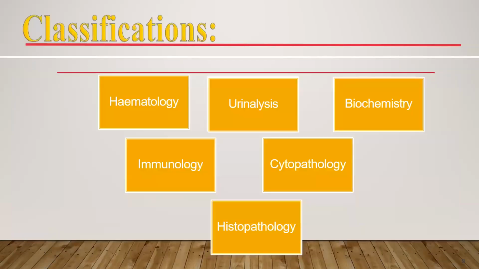Finally, the final classification being based on the medium from which we are evaluating or reaching a diagnosis: hematology, which usually entails blood-related evaluations, where a sample of blood is drawn and the various biochemical tests are performed in the laboratory. A urine analysis, where urine is collected from the patient and the evaluation is done for its various biochemical parameters. Biochemistry, it can be any of the